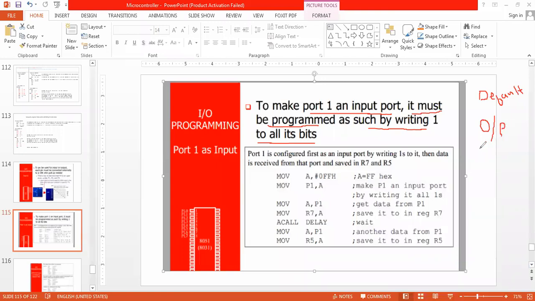Then we have to make it input, or again output, by configuring the port register.